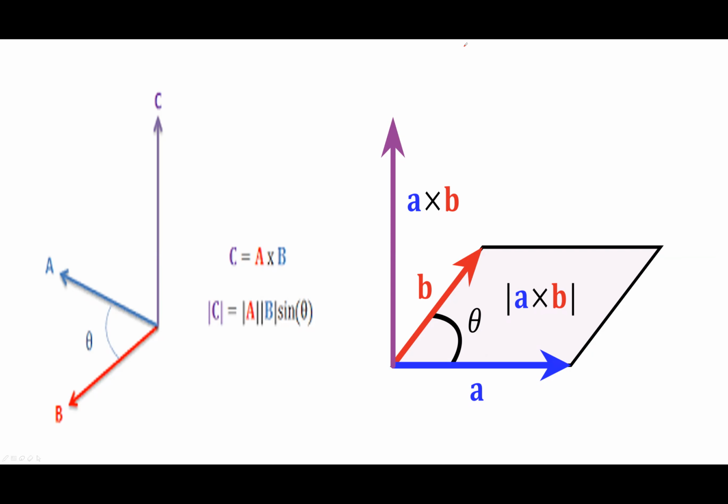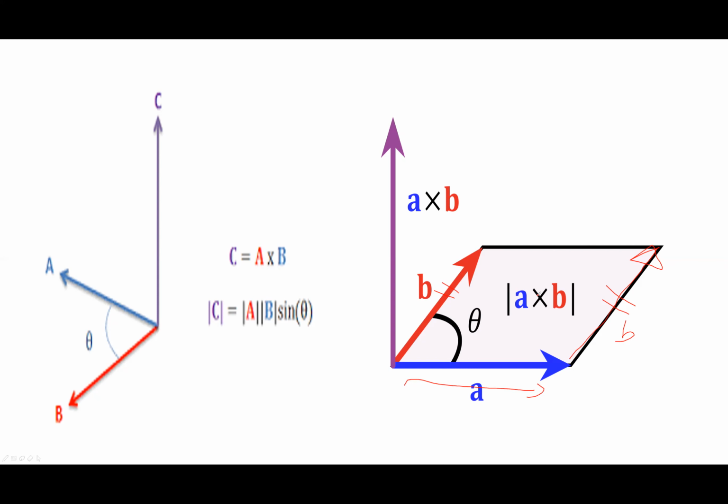If you want to find A cross B, keep the finger in the direction of vector A, and draw a parallel vector line which is equal in length to vector B and acting in the same direction. Then apply the right hand rule. Keep the fingers in the direction of vector A and curl the fingers in the direction of vector B. The thumb will give you the direction of the resultant vector. Same procedure is for the other vector. So you will find the direction, or otherwise use the left hand Fleming rule.